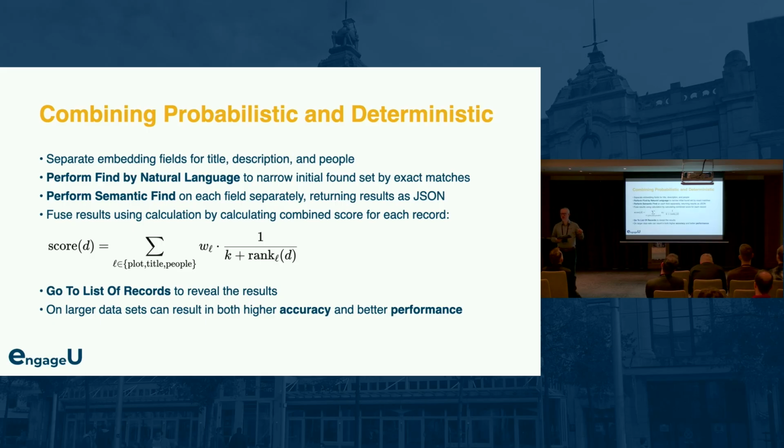I could get much more accurate results by having an embedding for each field separately, then running the semantic search multiple times, once for each field, which would give me the score for the top movies. And then I could calculate, because now FileMaker 22 has a new function to combine the cosine similarity of two values,